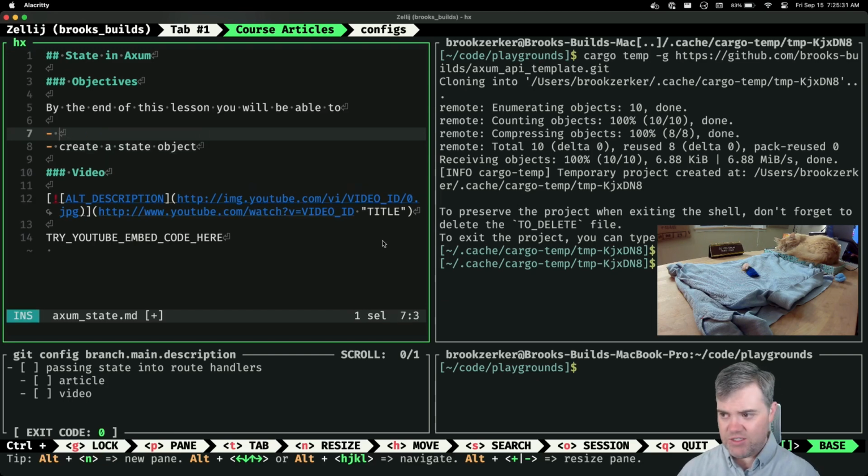We probably need to describe what state is. Create a state object. Let's see.